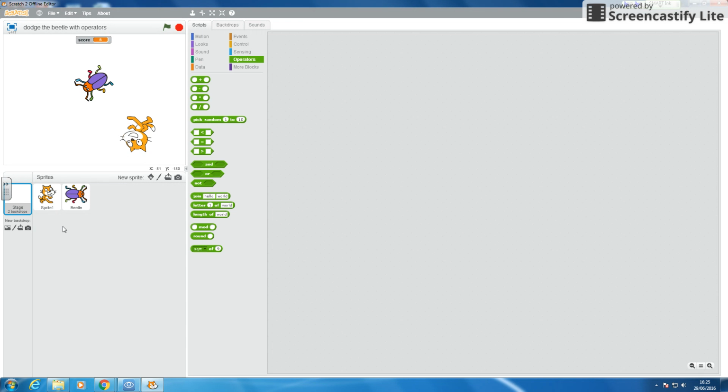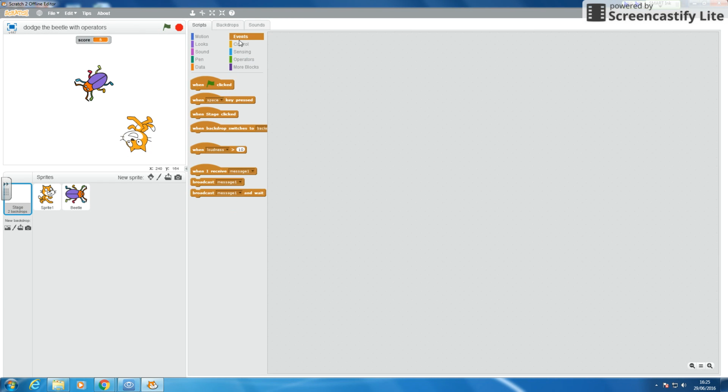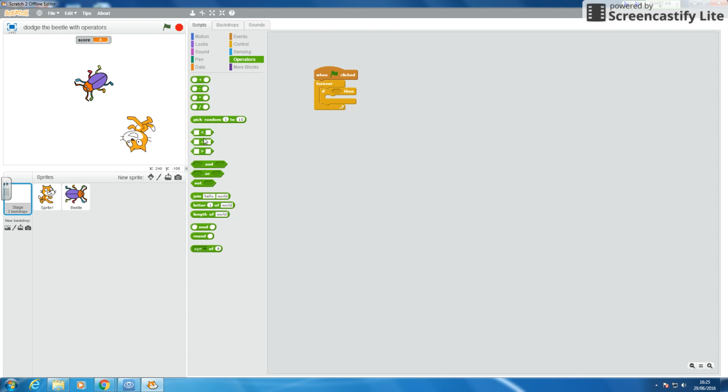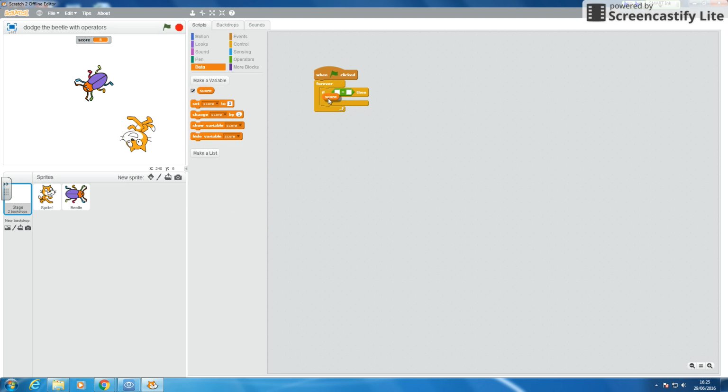So I'm going to start on backdrop 1, and on my backdrop I'm going to say, when we've clicked that flag, forever, I'm going to use a forever if. So forever if, and now comes the operator. So I'm going to have an equals. I'm going to say forever if my variable score is equal to 10. Okay, so keep looping around. If my variable is equal to 10, I am going to